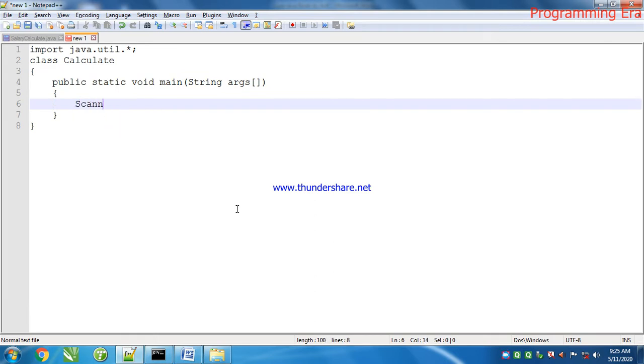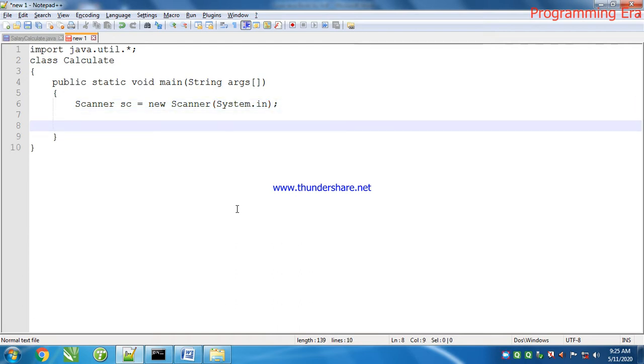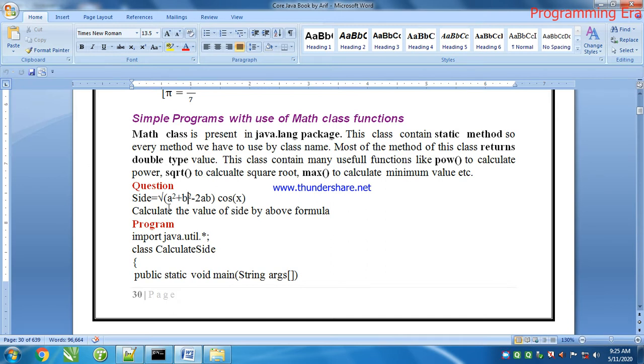Now we will make an object of the Scanner class to read data from the user. First of all, to solve this expression we have to read the values of a, b and x.